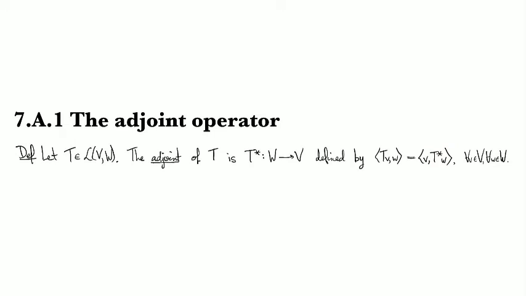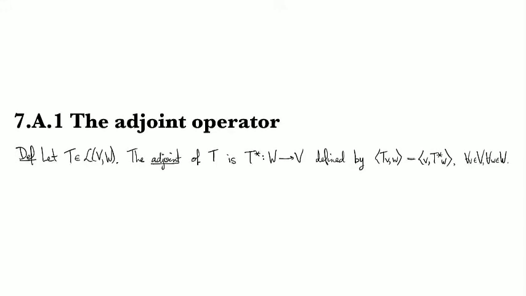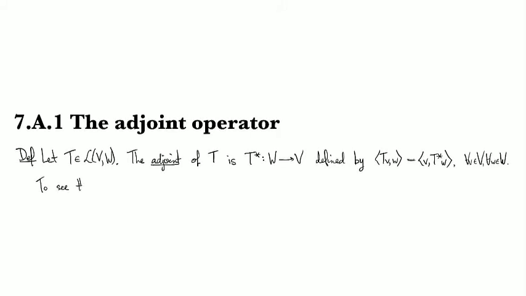Now, it's not immediately clear that it should be possible to do this. Like, how can you use this to define T star? It actually is leveraging the Riesz representation theorem. So let's see. To see that this makes sense,